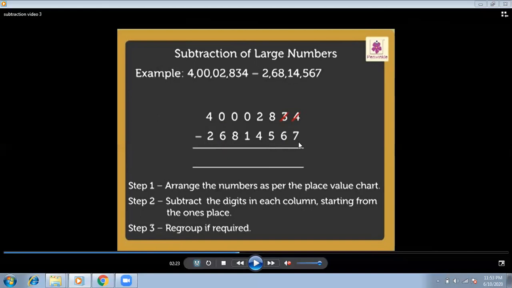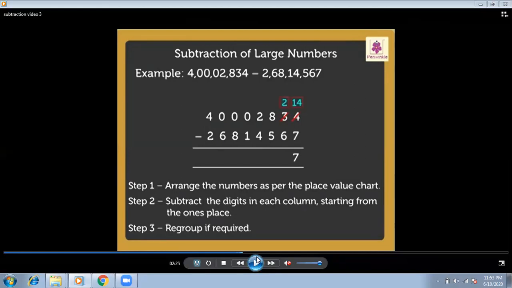So what you will do? You will borrow from your partner, means from the next number you have, you will borrow from it. Now 4 is smaller than 7. You can't subtract, so 4, you will borrow 1 from 3. So after borrowing 1 from 3, it will become 14. And here is 3. When 3 gives 1 to the other number, obviously 3 minus 1, then it becomes 2. In the same way, you will do subtraction.